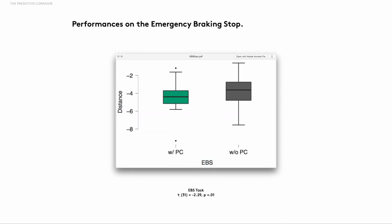On the emergency braking stop task, we calculated the distance to the stop line as relevant information to conduct our analysis. On average, participants stopped closer to the stop line when performing without the predictive corridor. What does it mean? That means that